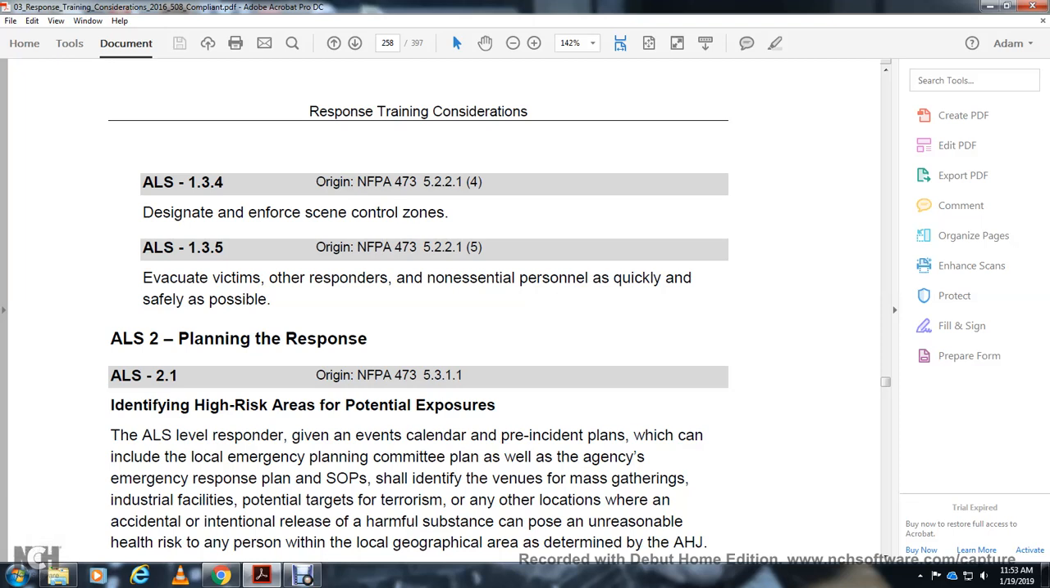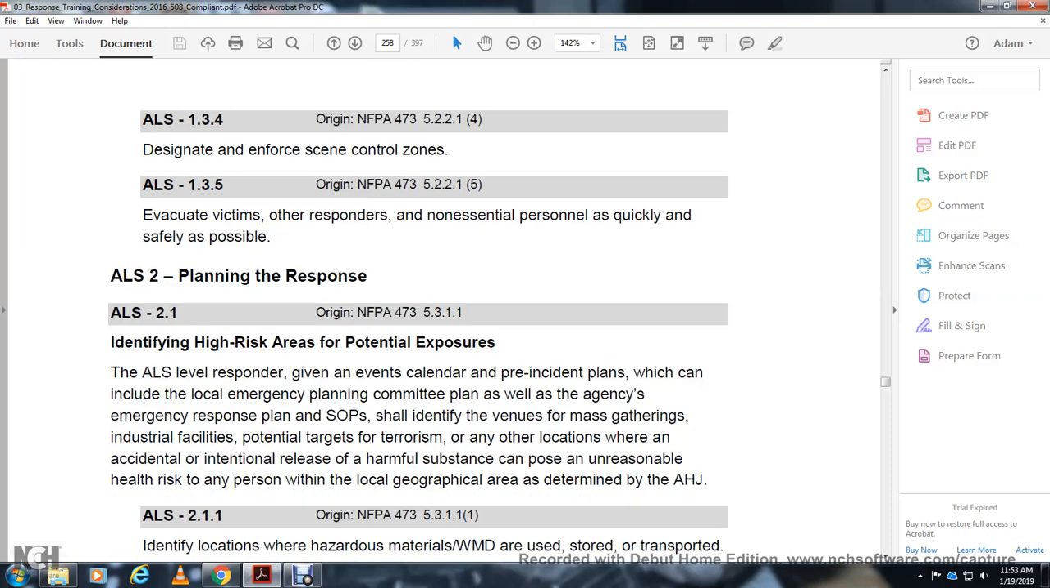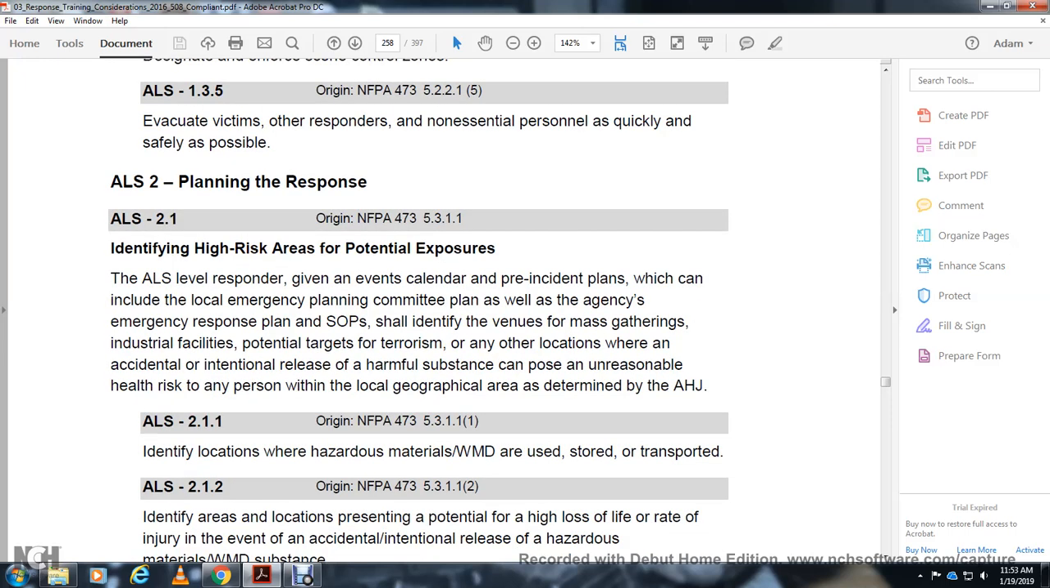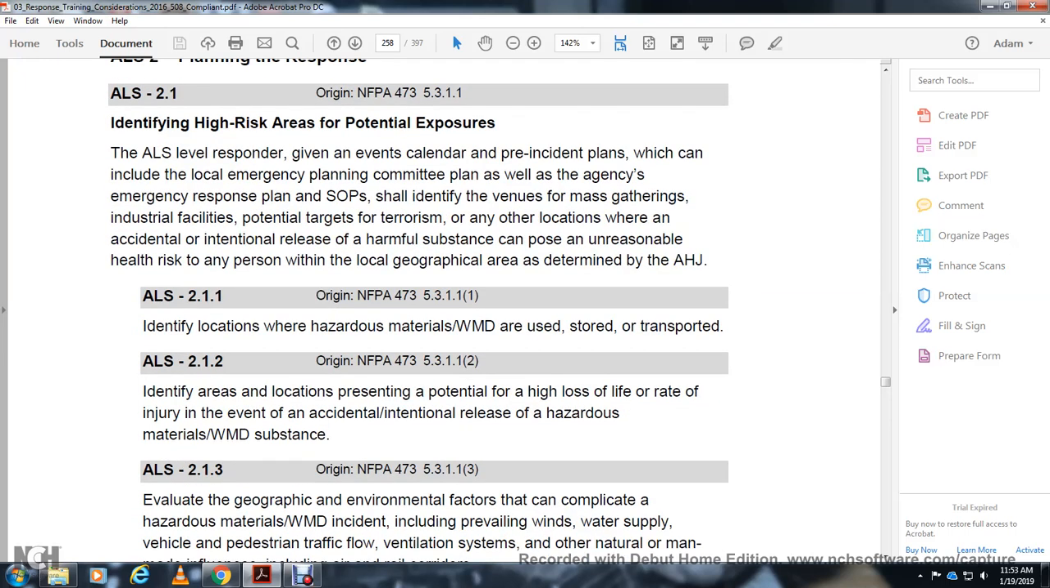So now, with the mass gathering and industrial facility potential target of terrorism or other location where an accident and initial release of a harmful substance can pose an unreasonable health risk to any person within a local geographical area determined by the authority having jurisdiction. In fact, a location that has weapons of mass destruction material in storage or transport identified by the area's location potential for